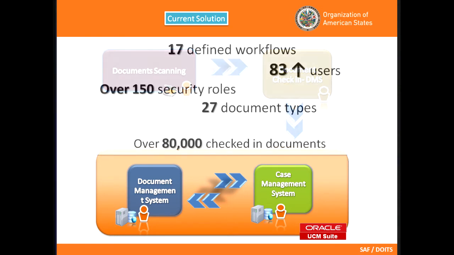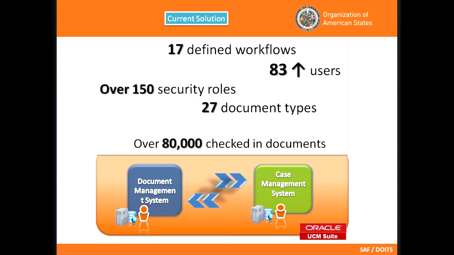And some numbers. In order to be able to manage this, 17 defined workflows have to be deployed. Those 17 defined workflows are the way in which the petitions are being managed throughout the system, throughout the lawyers, depending on the countries and depending on a lot of different issues that give rise to having over 150 security roles. So if you combine the 17 workflows with the 150 security roles, you will see the complexity that is